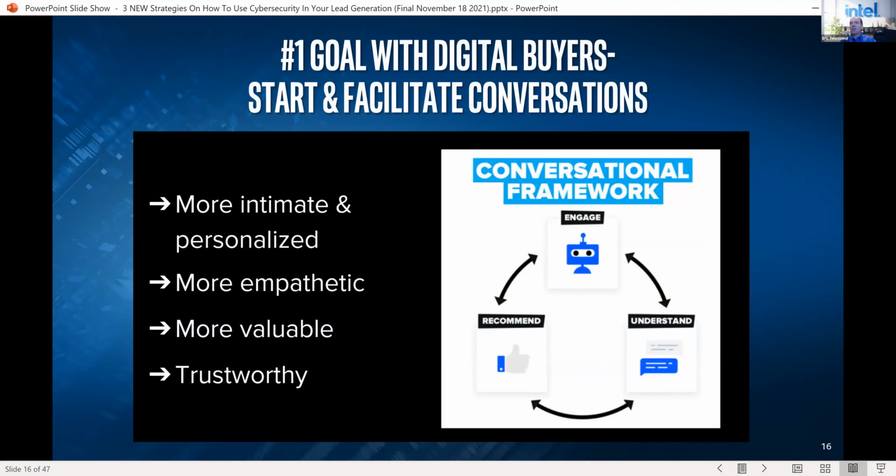And once again, the one thing that has not changed is the conversations you have to have, and I frame it from a digital buyer perspective, because that's the one that you can impact by end of year, right? So we've got to be thinking that. But we've got to make sure we're starting and facilitating conversations in areas to really grow that demand, right? So think about this, when you're thinking about conversations: personalized, more empathetic, valuable, and trustworthy information, right? Especially in cybersecurity, bringing those relevant stats we had up front is really key.